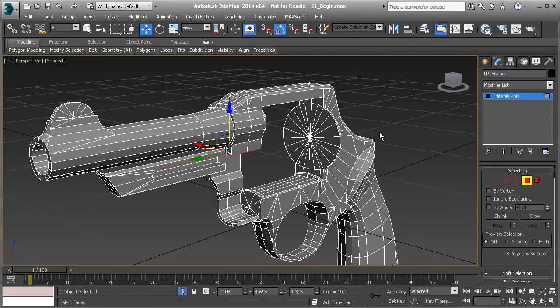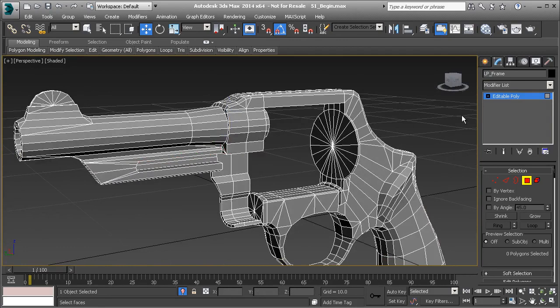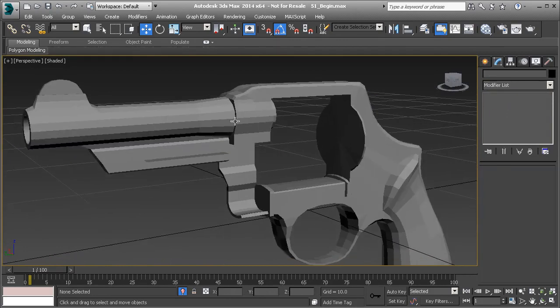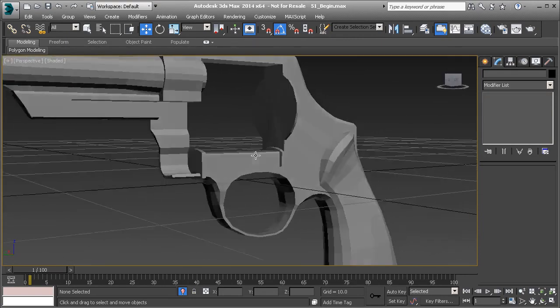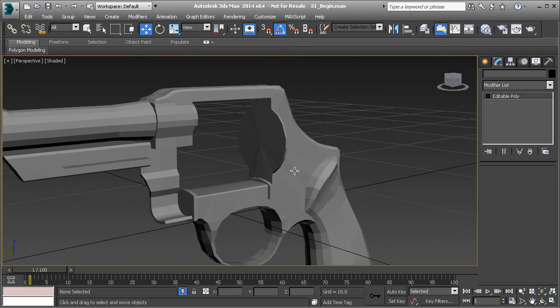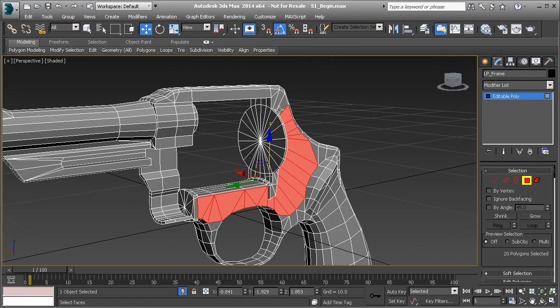What we need to do is go through and set up our smoothing groups, because if we take a look at this, deselect, you can see we have all of these faceted edges, and that's because there are no smoothing groups on this object. And so we need to go ahead and set those up. Basically, the way you want to set these up is based on how you think it should be split up in the UV. And so I'm going to select all of these faces that are flat